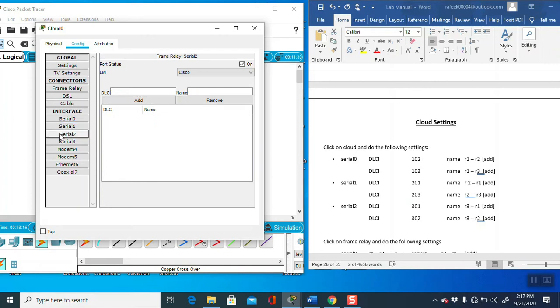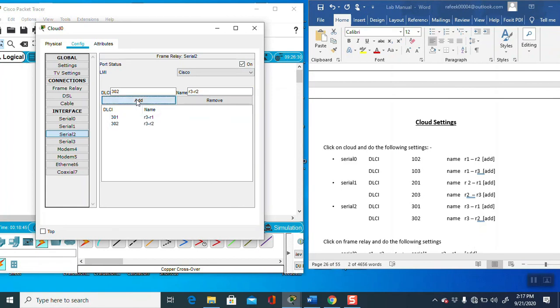Now go the same way to serial 2. Here we have to add 301, R3 dash R1. Now again we have to add 302, R3 dash R2.